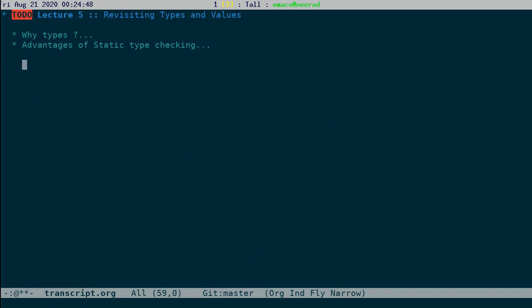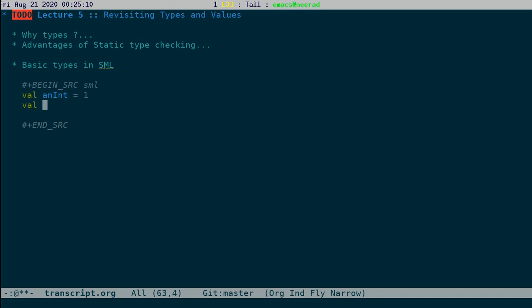So let's start with the basic types. Let's look at some of the basic types. Int, integer is a basic type.